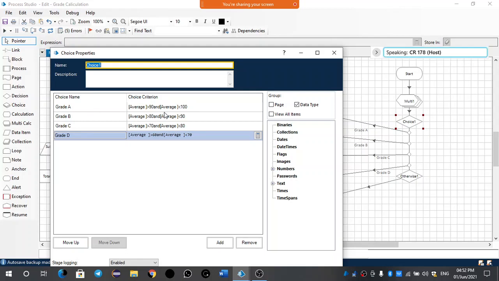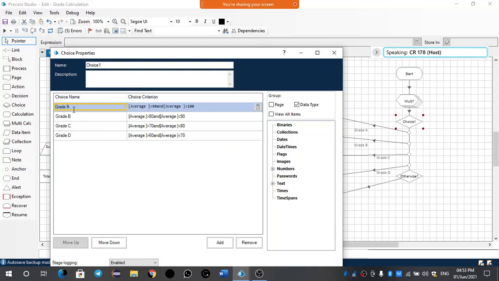Ma'am, and must be in capital, and before and after and there must be spaces. No need of capital, normal and also works. For grade A, he gave spaces. Are you giving spaces before and after? Choice names, ma'am. No, I think he didn't give space.